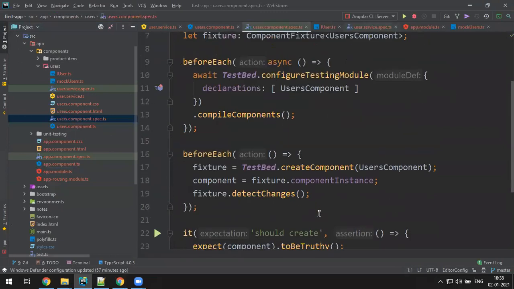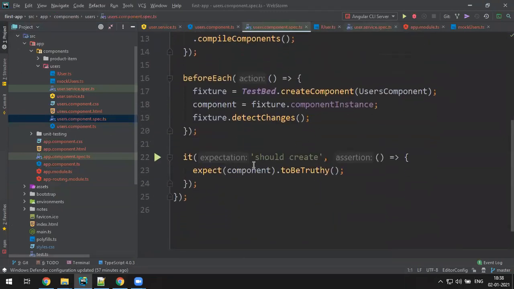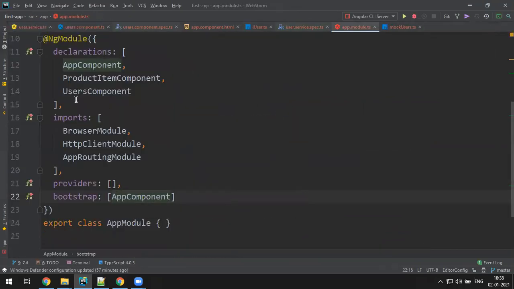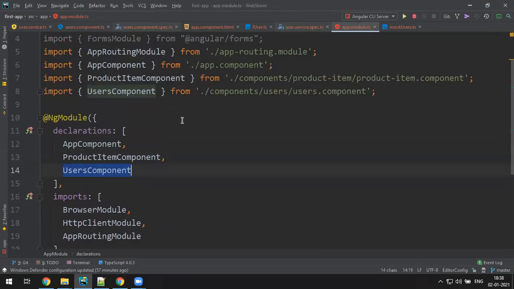This is the one. So create test bed should create. Yes, it should create. If you configure app component .html, it is supposed to be there in app module. Users component is there. It looks correct only, man. Do one thing.